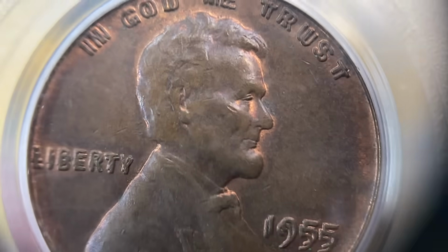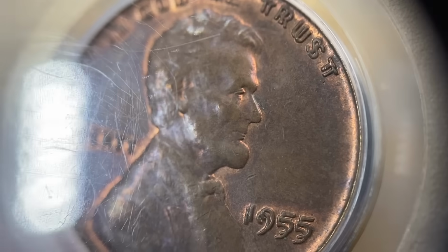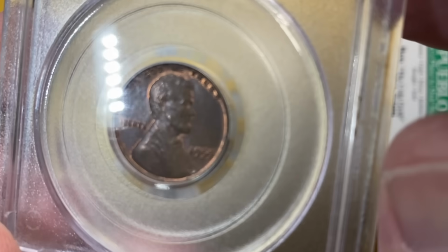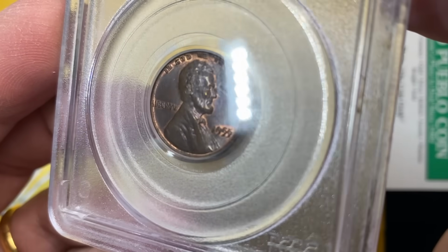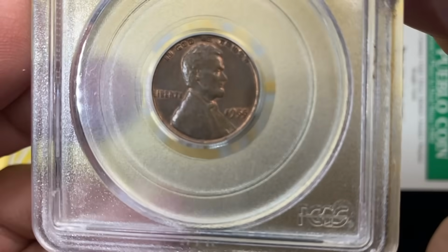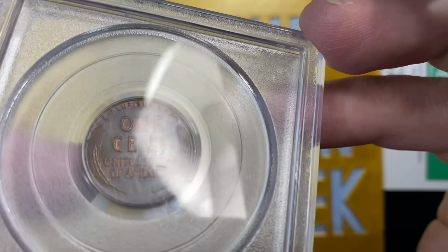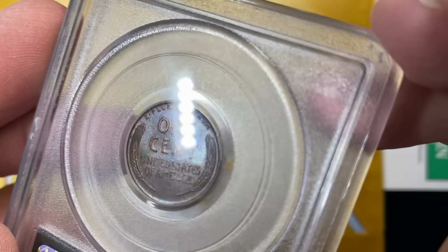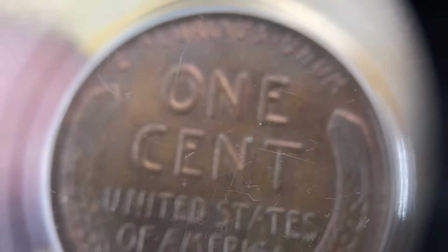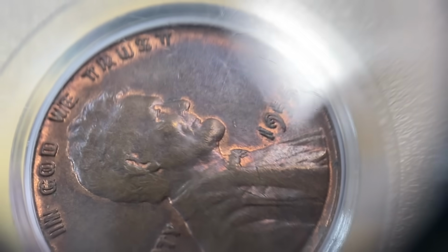And last but not least, I was really excited for this coin here, this 1955 double die. It's one of the, I think, flashiest double dies I've owned overall. It just has great eye appeal. You can get the luster coming at different angles on it. And especially the reverse, you can see the luster through there. The case needs a little bit of touch-up work. I think you can get a little bit of the scrubs and rubs off of there. This coin is graded MS64 red-brown